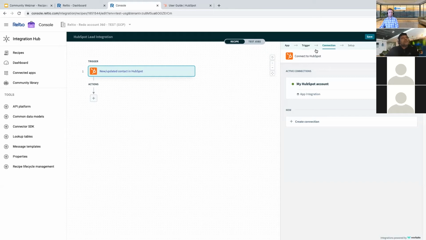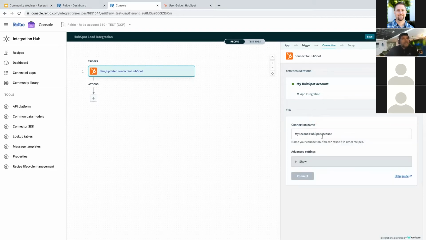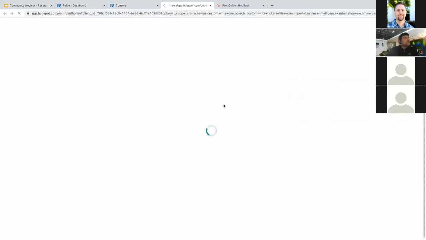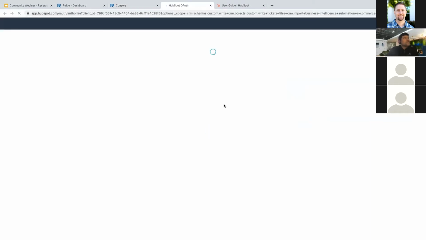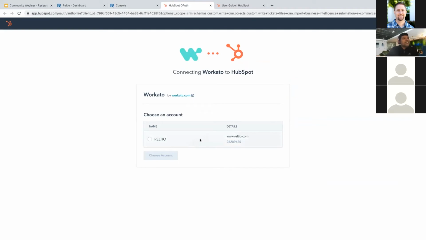Okay. So as the next step, you need to establish a connection to the system, right? I'm not going to create and save a new connection, but just to show an example, let's say I want to create a new connection. You can give it a name, and when you click connect, it will open up the HubSpot application, and I can choose the account that I want to connect to, and then Vocato would connect